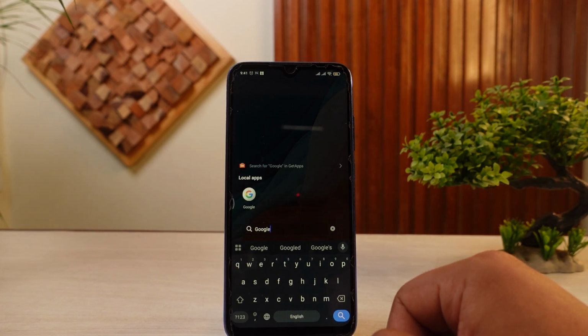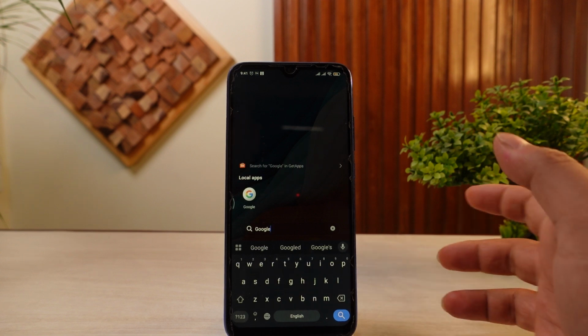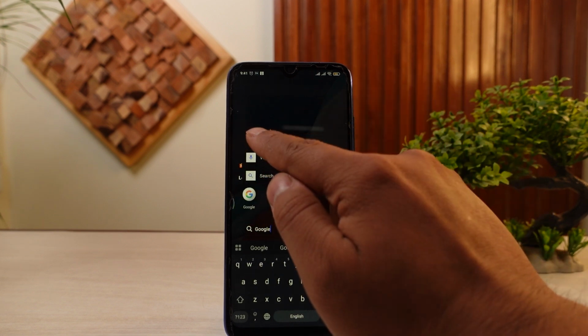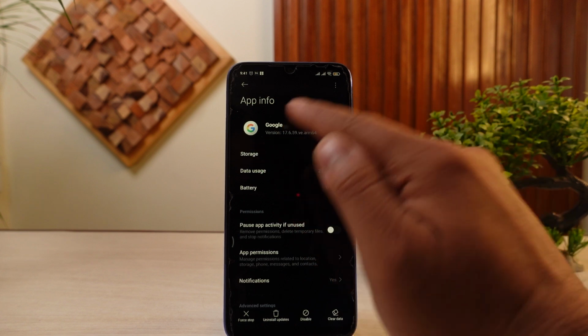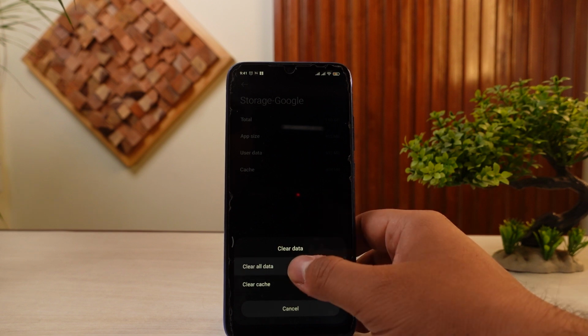In this video, let's take a look at the way that you fix the Google search not working. So if you're facing this situation, the first thing that you can try out is to clear out the app cache. So simply tap and hold the Google app, head over to the info icon. Once you're inside of the settings page, you'll be able to see the option called storage being displayed. And once you're inside of storage, make sure you tap on clear cache as well as tap on clear all